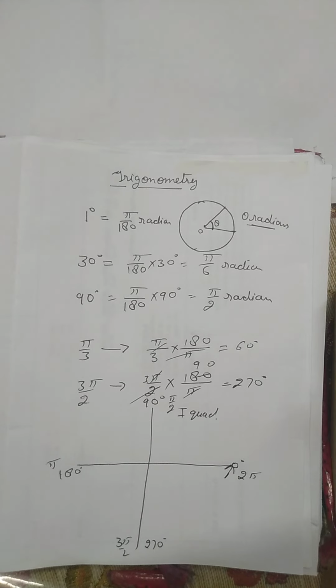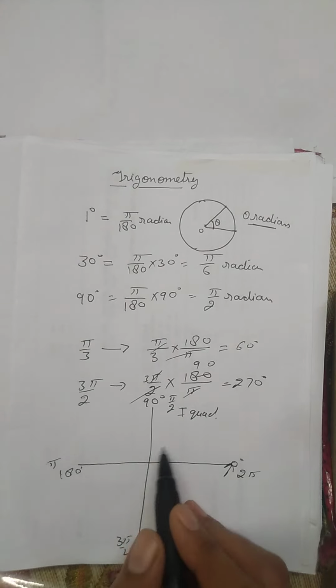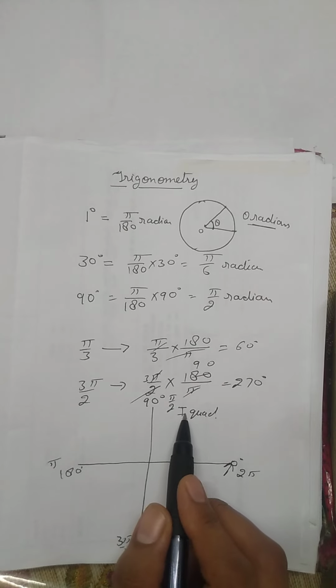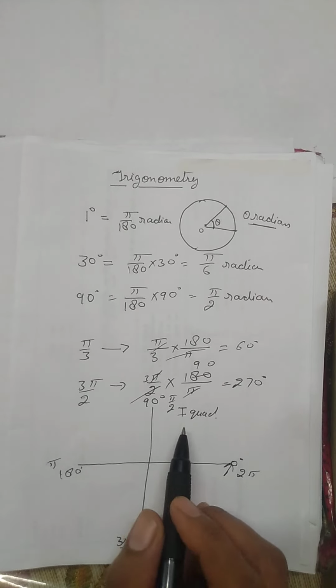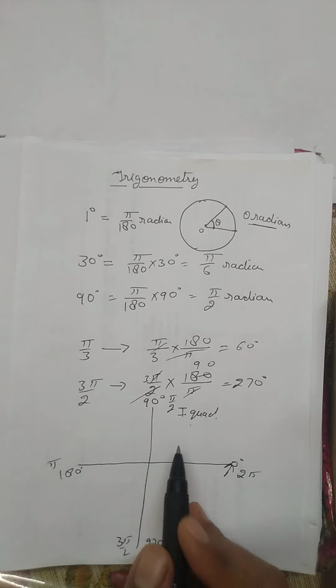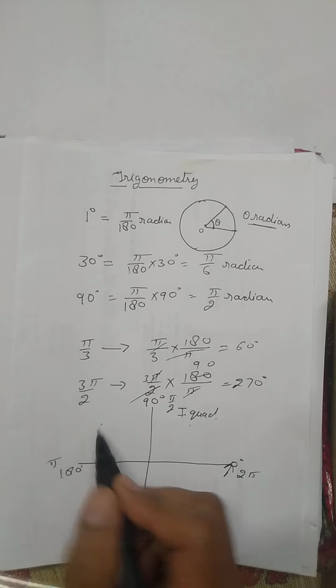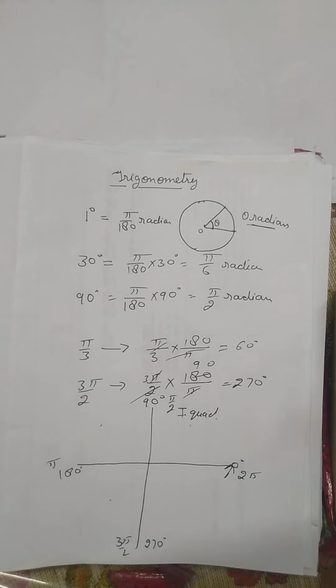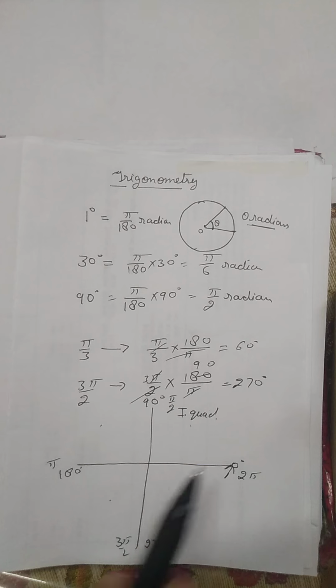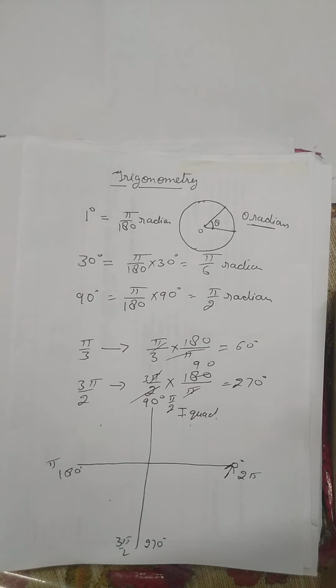So coming to the main point we were talking about, the first quadrant. We have studied all the trigonometric ratios in the first quadrant, but now the time is to jump to the second quadrant, third quadrant and fourth quadrant. I mean to say, if we have to calculate the value of sine 120 degree, then what to do? We know the values from 0 to 90. We don't know about sine 120 degree. Then what to do? For this we have to know some rules.